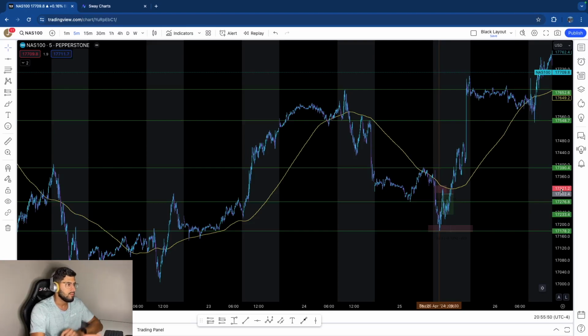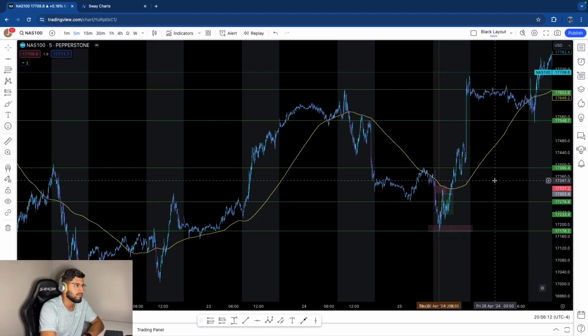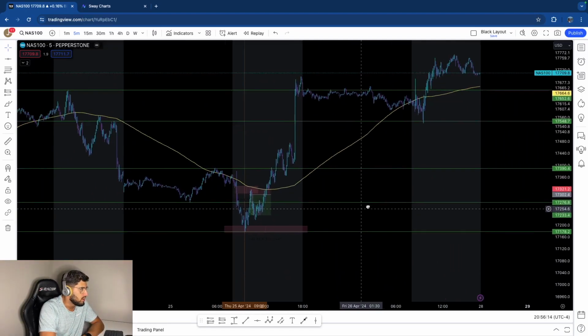So market structure, liquidity at support and resistance levels from the previous day and pre-market, and gaps that need to be filled. Gaps are basically, how do I explain gaps? Gaps are areas of the market where supply and demand are not aligned. And supply and demand always has to become aligned eventually in the market. Okay, so if we